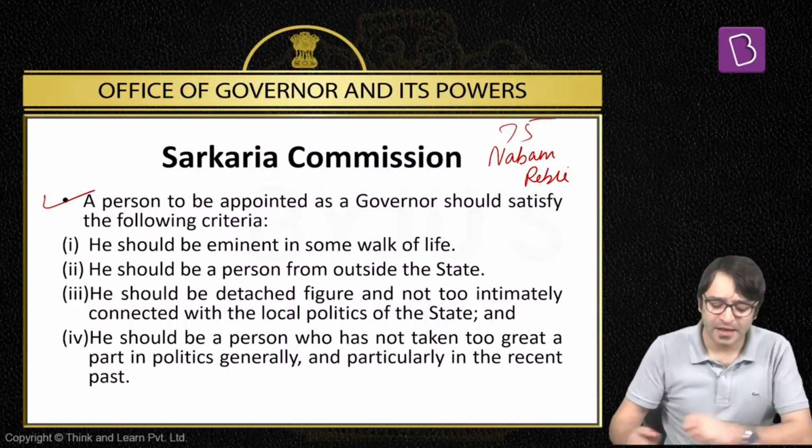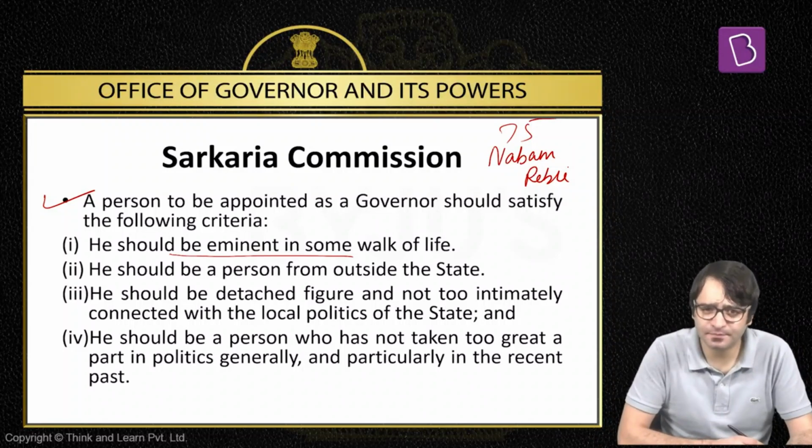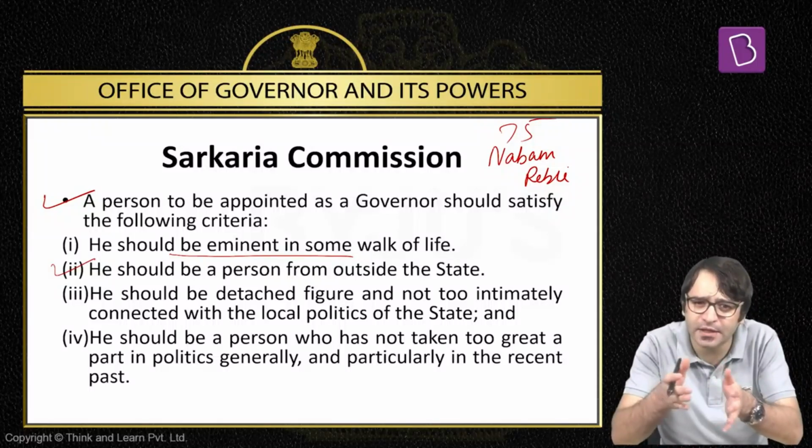What are these reforms? Reform number one: a person to be appointed as the governor should satisfy the following criteria. Criteria number one, he should be eminent in some walk of life. That means why should the office of governor be reserved for politicians only? We can have eminent persons also occupying the Raj Bhavan. Second, he should be a person from outside the state so that he is not too intimately connected with the politics of that state. Third,